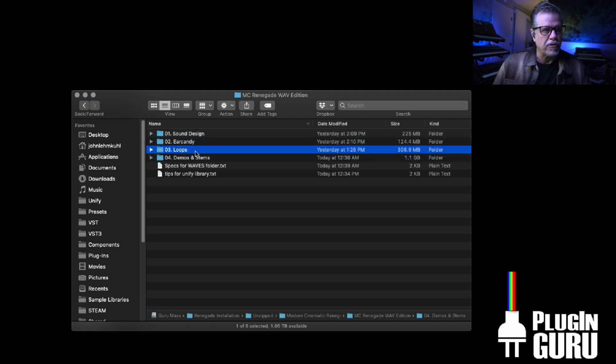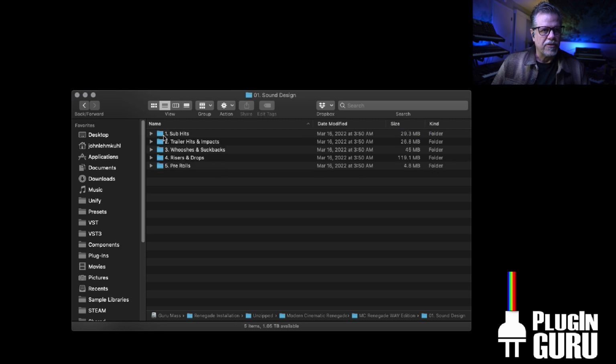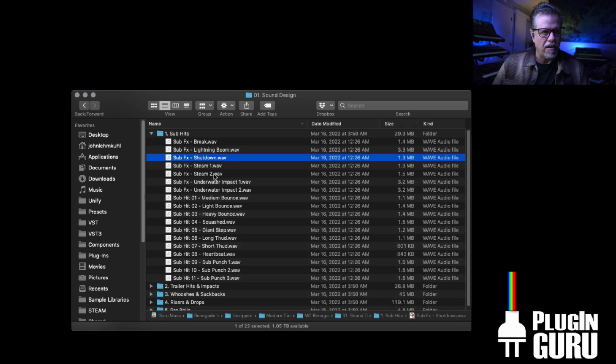These first three folders, Sound Design, Ear Candy, and Loops, have audio wave files, 24-bit, 48 kilohertz, cleared for use in any type of production, from something you do in your house for personal use, for nobody else to hear, all the way to things that you're going to be doing in big films, sound scores, trailer music, anything you want. They're cleared for it. In fact, all the sound design has metadata and all that information that's critical for sound designers built into all of the samples already. There's these folders, and inside you will find all sorts of really cool